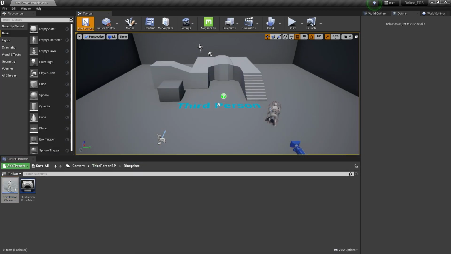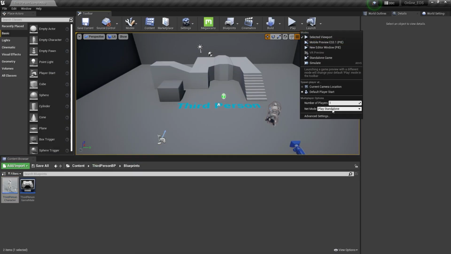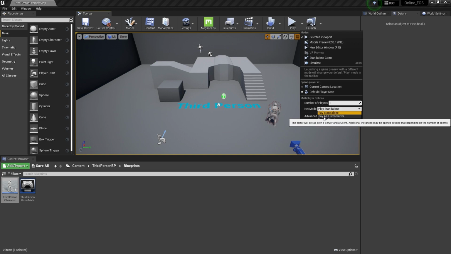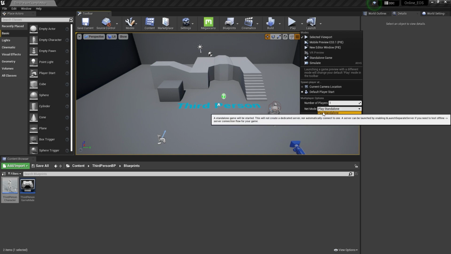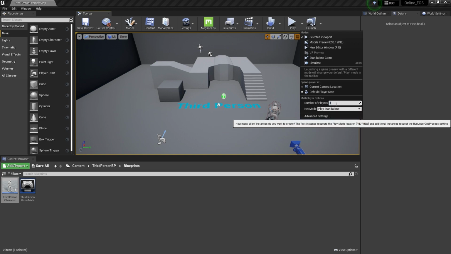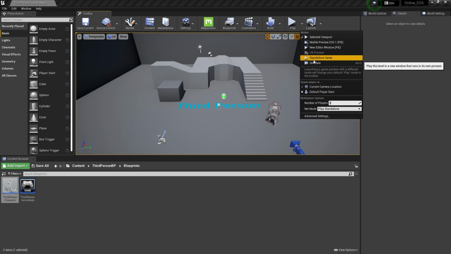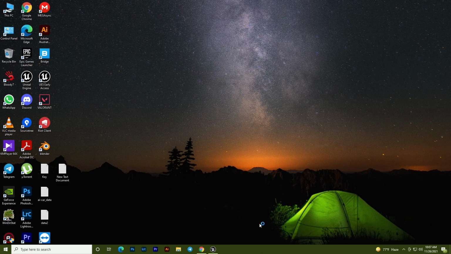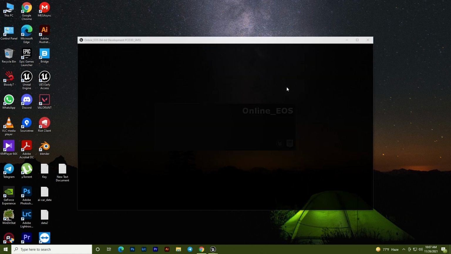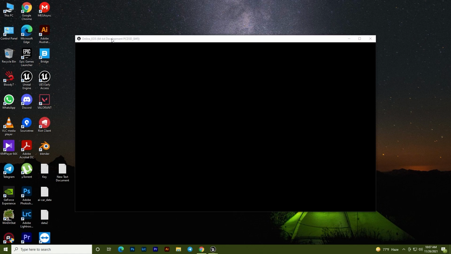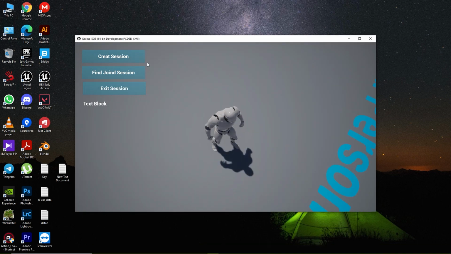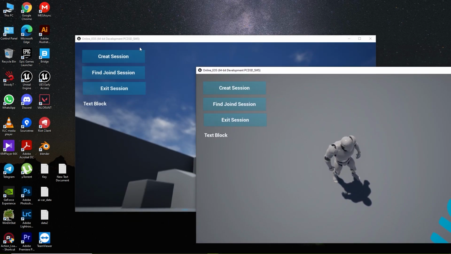Okay, now for testing the game we need to launch it. As you can see, my net mode is not Listen Server, it is Play Standalone mode. Let's set it to 2 players, and lastly we need to click on launching the game. If everything is working 100%, our game will be working online. As you can see, we now have the 2 players.